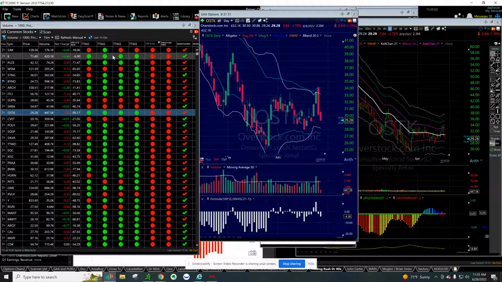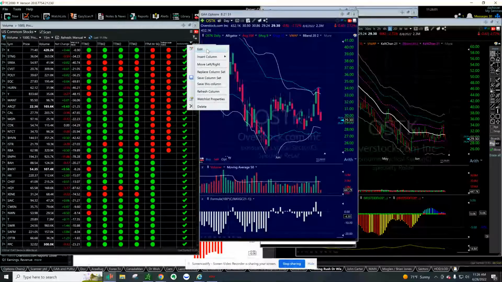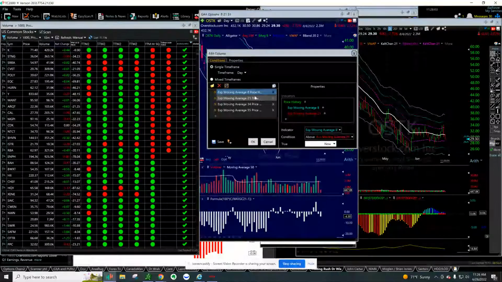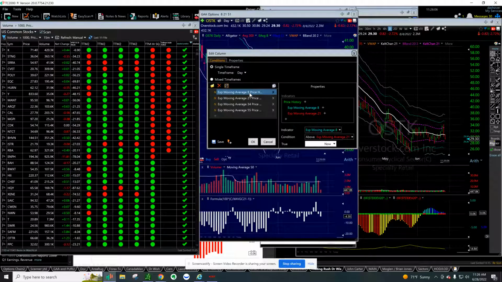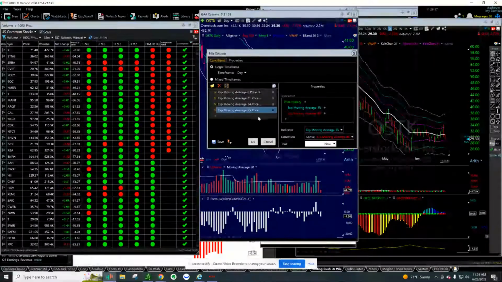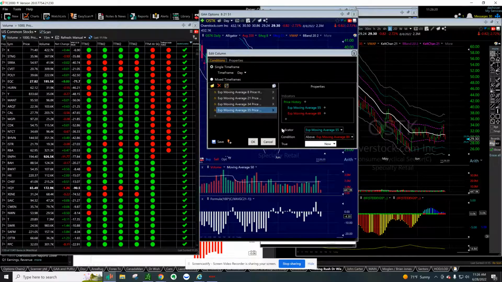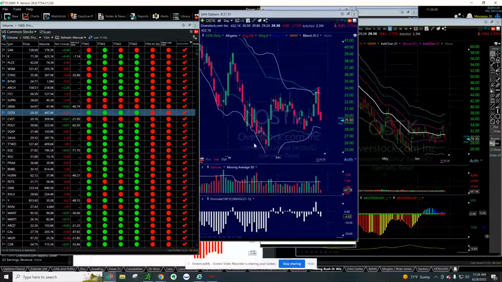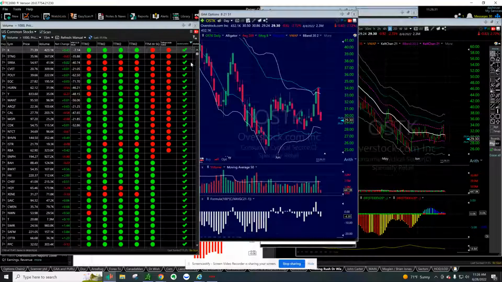So I've got a couple of formulas. I do look at, first of all, very healthy stocks that are stacked positive. So the definition of stacked positive is that the 8 exponential moving average is above the 21, and the 21 is above the 34, and the 34 is above the 55, and the 55 is above the 89. And we'll look at stocks that are stacked positive